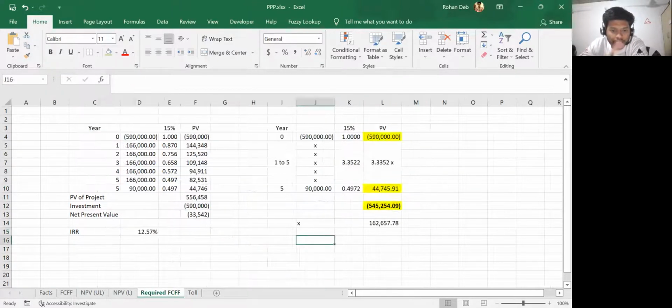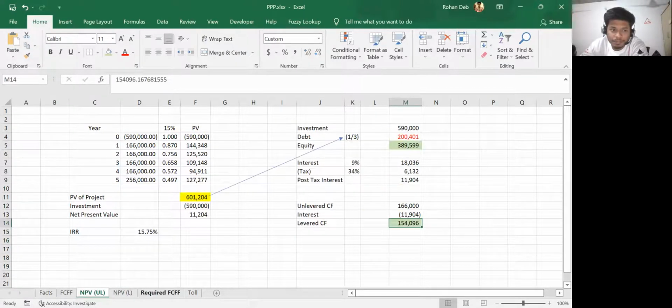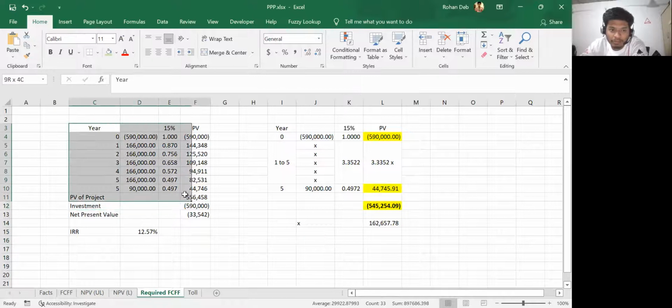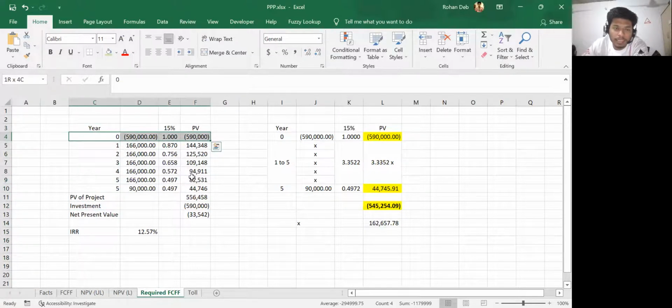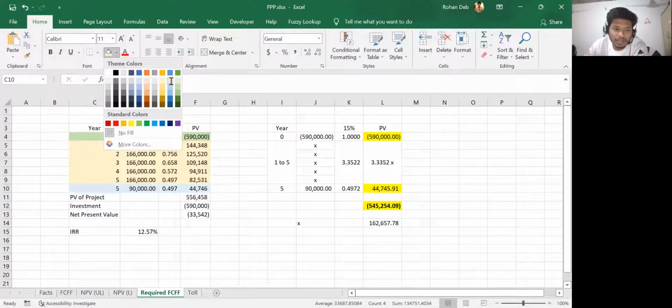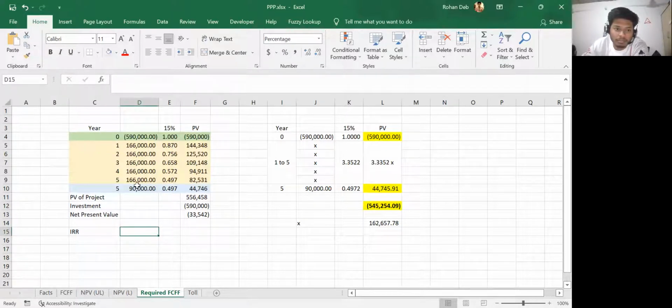Basically what they also wanted was, if I only want to break even, what amount of toll would I charge? So what I've done is I've taken the unlevered NPV, this entire calculation, and broken it down into three parts. The first part is the initial investment, the second part is the cash flow from your unlevered cash flows, and the fifth part is your salvage value. Obviously the IRR will not match because this is broken into two parts for the same year, so that's why IRR is not matching.